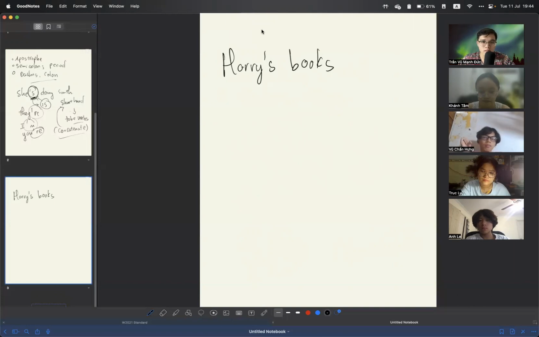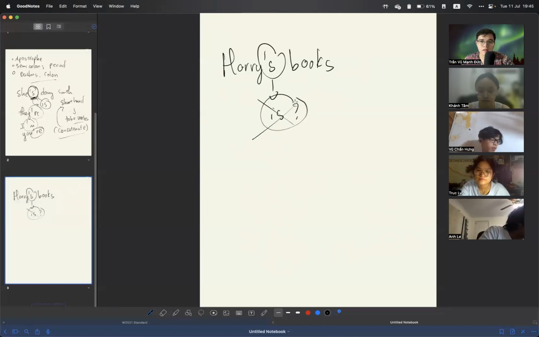So what is the purpose of the apostrophe right here? Is this is? Is this correct? Can I replace this with is? No, right? And so what is this? If I can't use is, then what does it mean? Harry's book, right? This book belongs to Harry. Yes, exactly. So it indicates, what is it? Ownership,